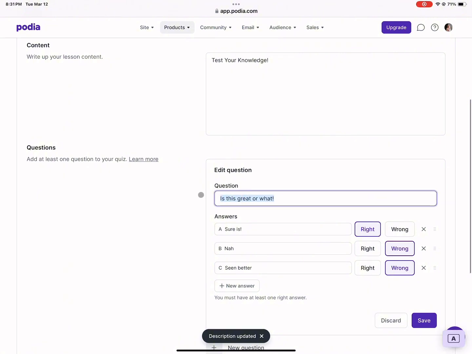That way people can remember what they've learned, and it also makes it a little bit more interactive and a little less boring for them, so that they can actually test what they've learned, and it keeps them accountable as well, if they're actually paying attention, or if they have to go back and listen to the same video once again.